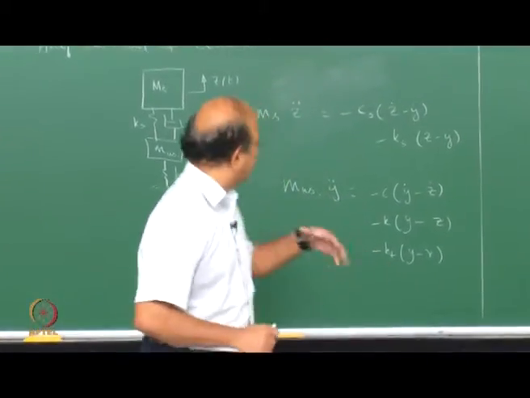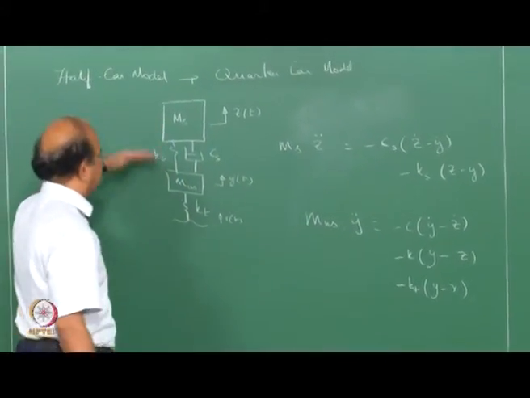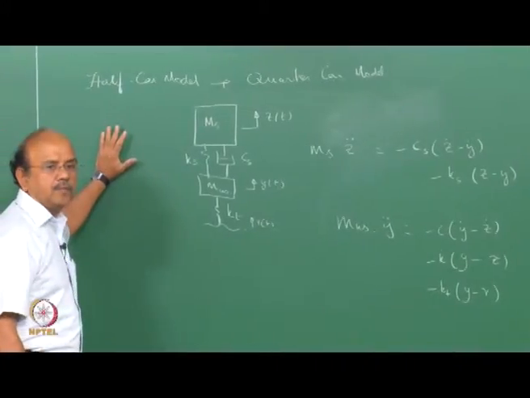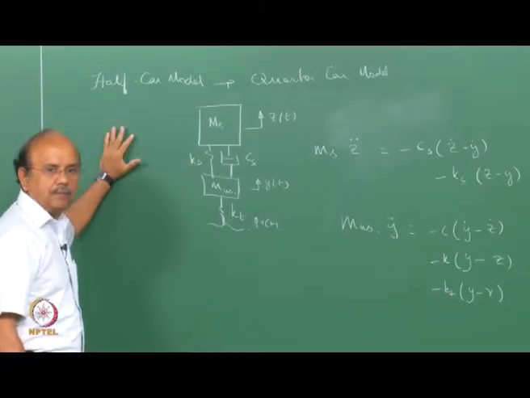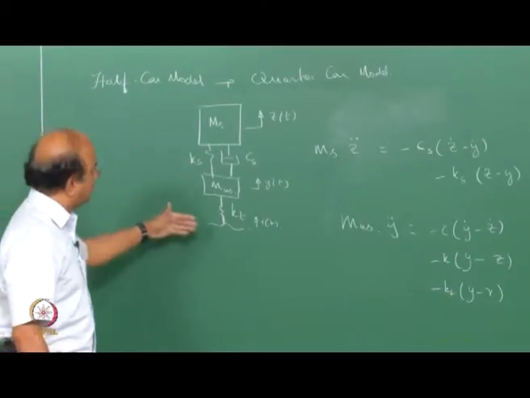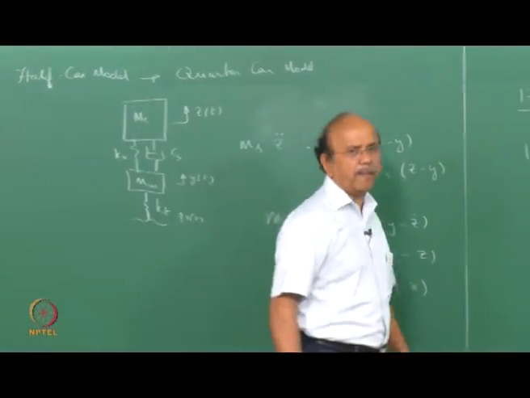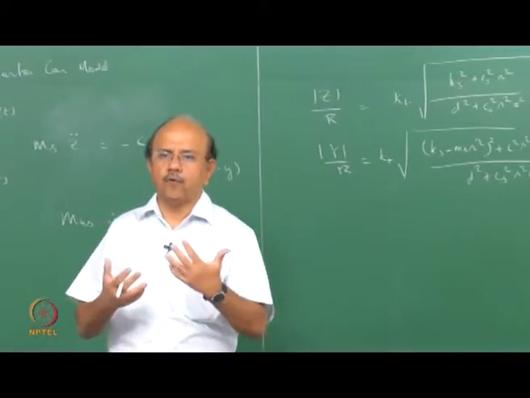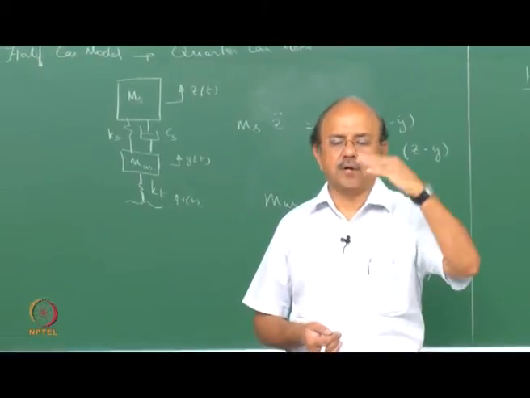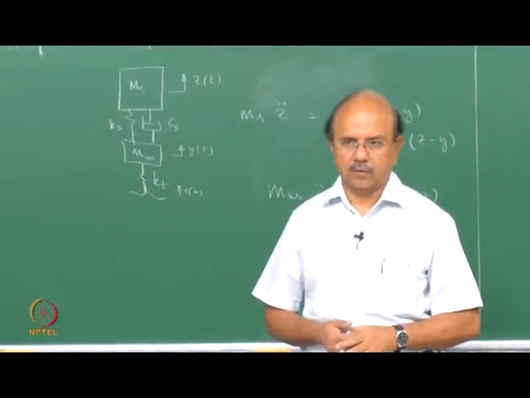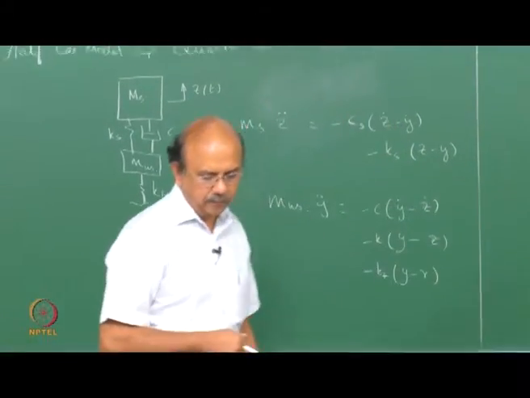So the other one, this is the displacements, the ratio of the displacements z and y due to r, right? The other one is actually what is called road holding. Road holding is the force that the road exerts or the vehicle exerts onto the road. So how do I express the road holding?